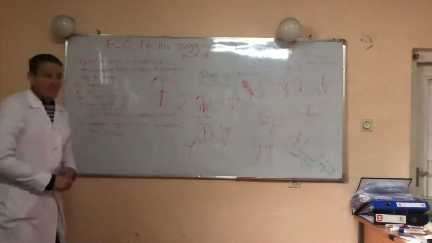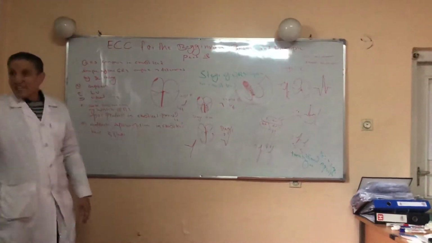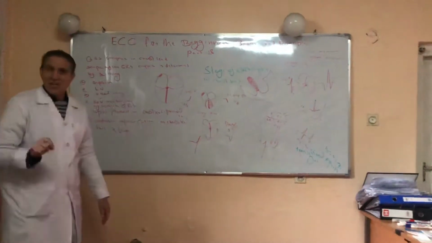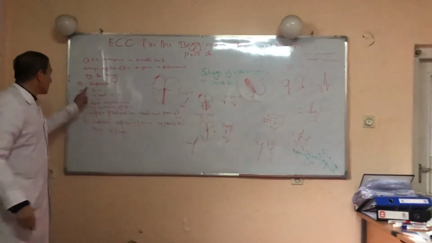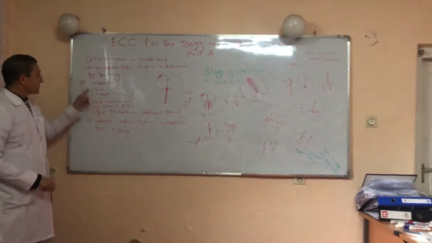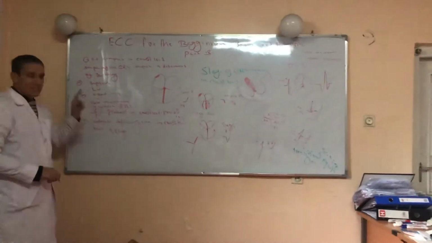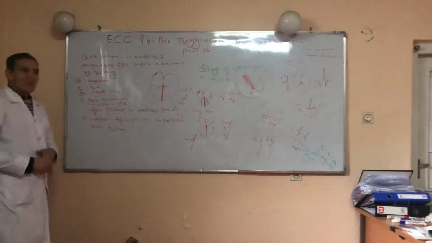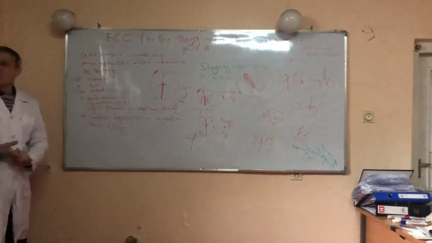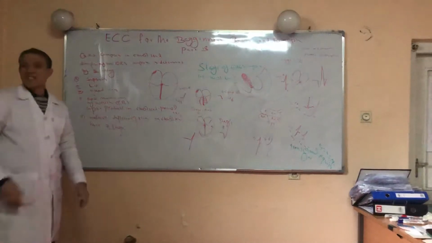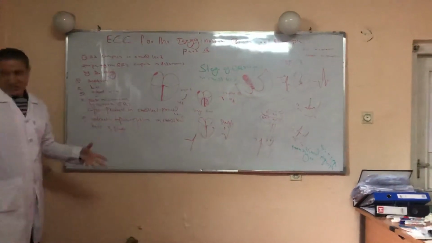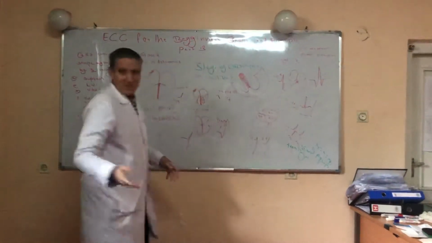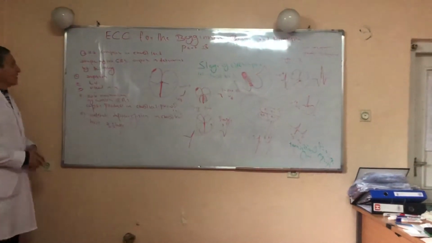The shape of the QRS complex in chest leads is determined by three things. The first was the septum. The second was the left ventricle. The third one, the position of the V lead from V1 to V6. And finally, we will also discuss the mechanisms by which the QRS complex is produced, especially in lead V1 and lead V6, which have three stages. Today our lecture is a very short lecture.